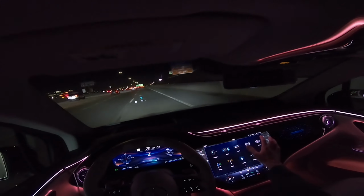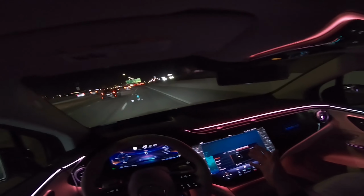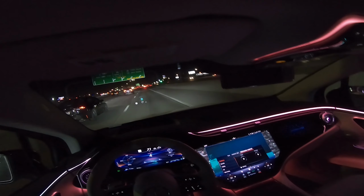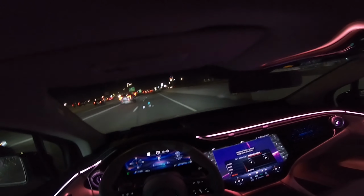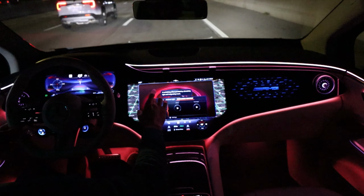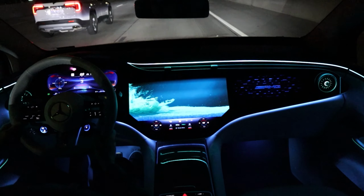Now, there is another mode I want to show you. If you go to Energizing Comfort, this is also an optional feature. I believe it's around 200 bucks, so it's really not that much in the grand scheme of things. But this is kind of a set of meditation lessons or meditation periods that you could use when you're charging the vehicle or just to decompress after a long day at work. So, for example, if you go into freshness and you tap it on passenger and driver side,